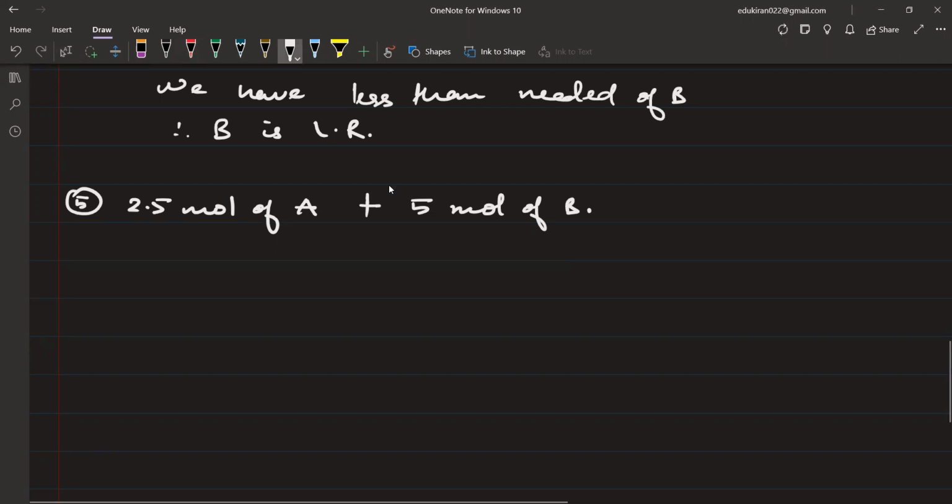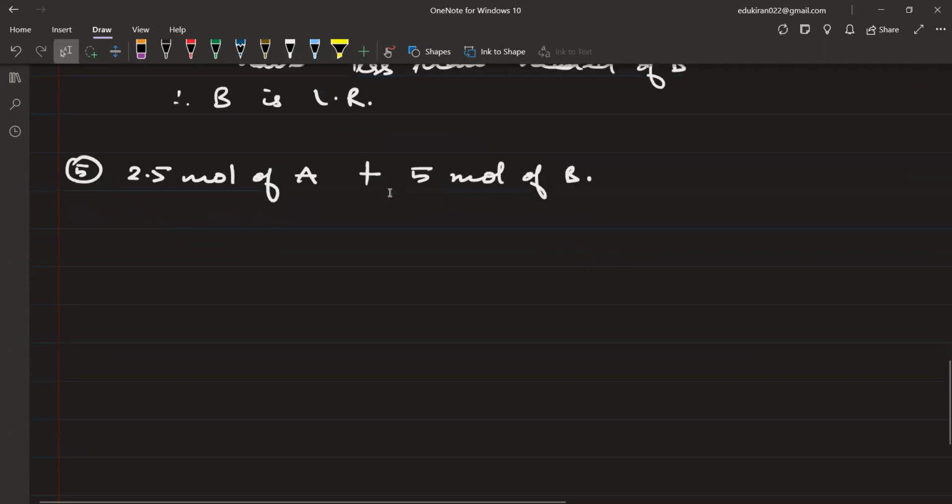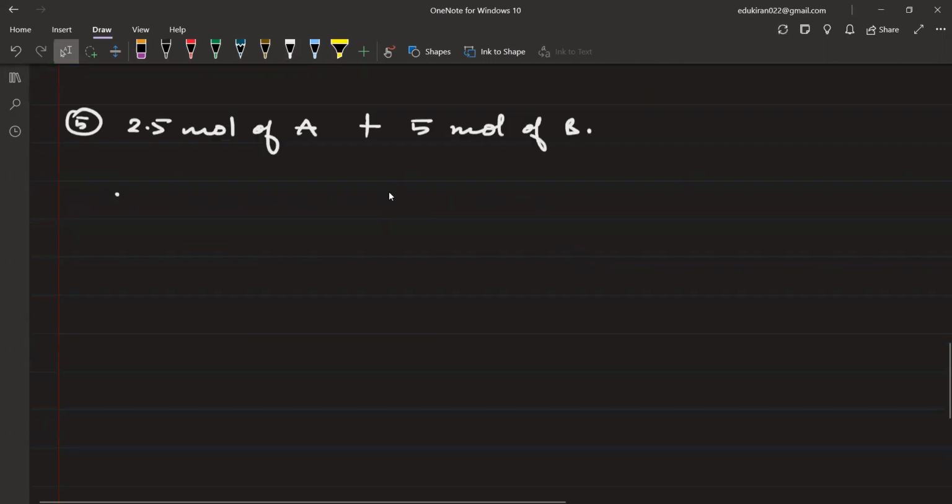Did you understand or not? You got it? Yes or no? Please tell me. I got it. So that is why I say use this statement. When you have written this, you need 5 moles and you have less than needed or more than needed, from that you will understand. Okay, so you have 1 mole of A